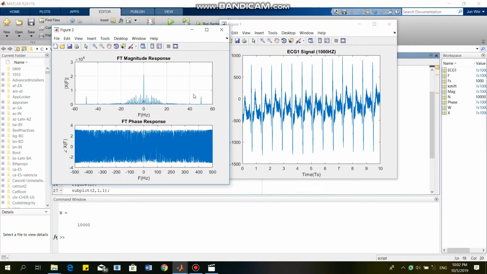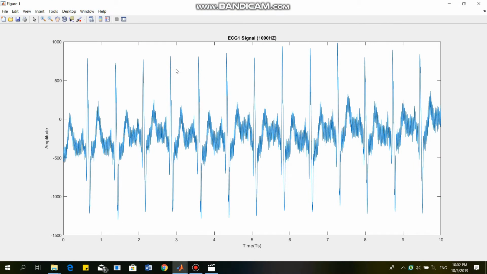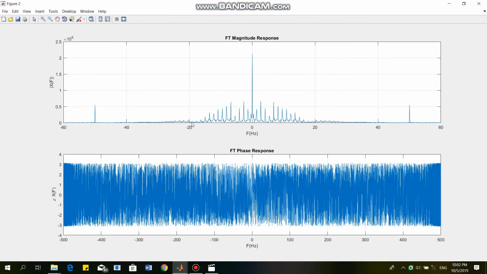As we run the code, we will get two figures. So the first figure shows the ECG1 signal, which we do in phase 1. The second figure is used to find the magnitude response and the phase response. Over here we can see that